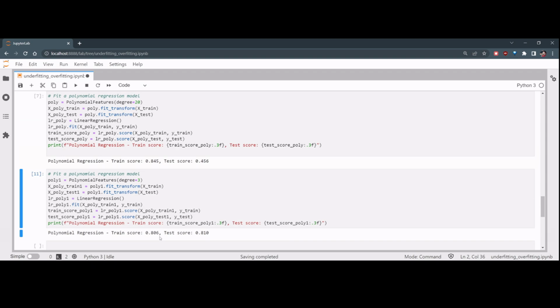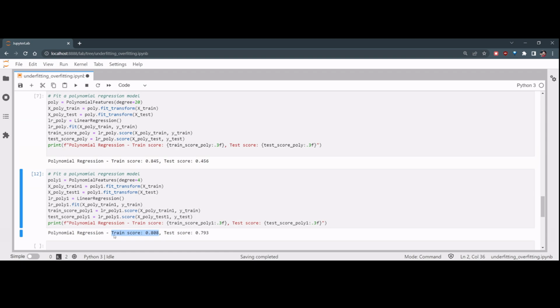To have a stable model, you need to have minimum difference between train and test data, but the training score should be greater than test. So it should be nearby, but the training should be higher. Training score should be higher. So degree 3 is not giving me the right output. Let's try to add some complexity,